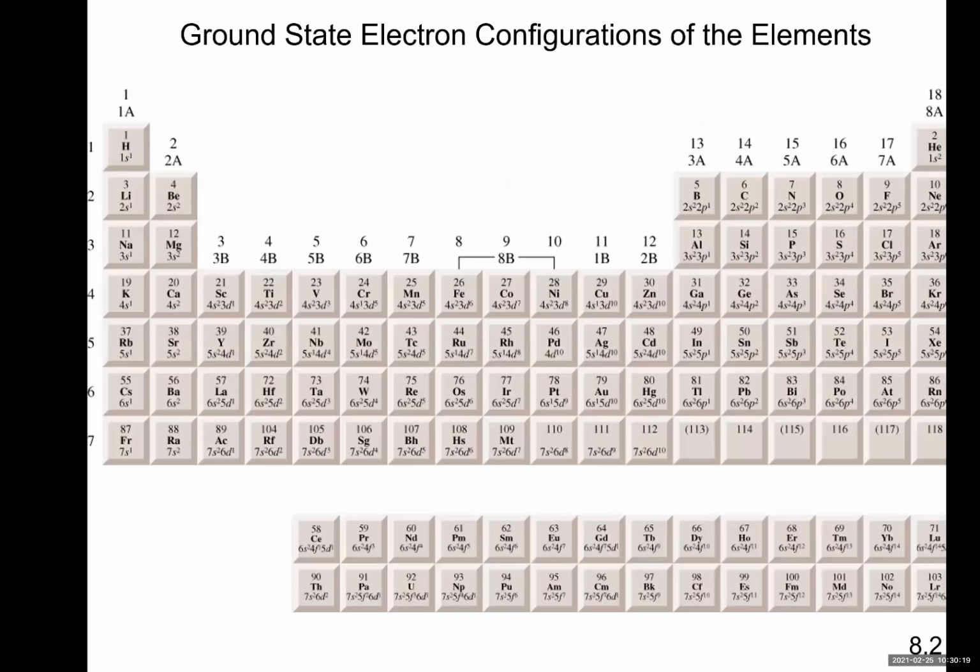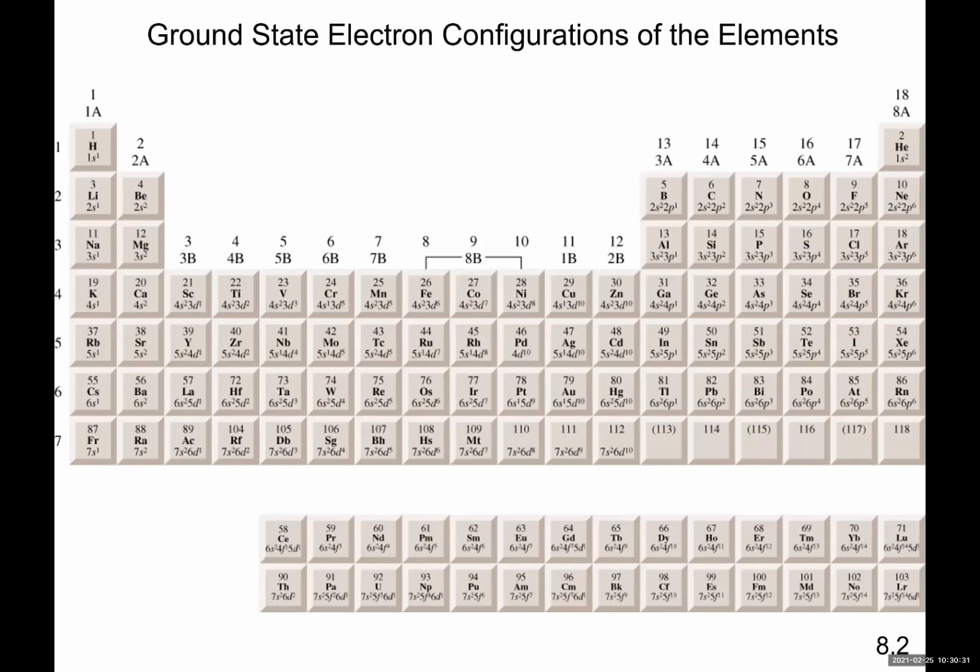Before I continue, I would like to remind you of what we discussed in the previous chapter. You may remember that we said the electrons involved in chemical reactions are valence shell electrons. We showed you how to use the periodic table to get an idea of the number of valence electrons. You might remember this slide. Remember, we said